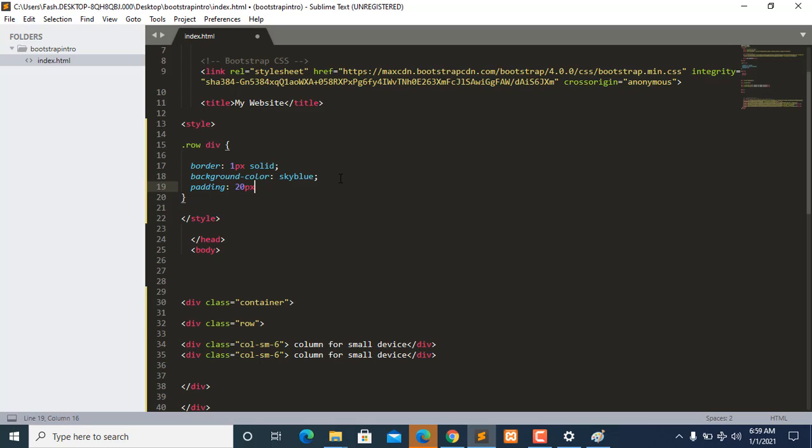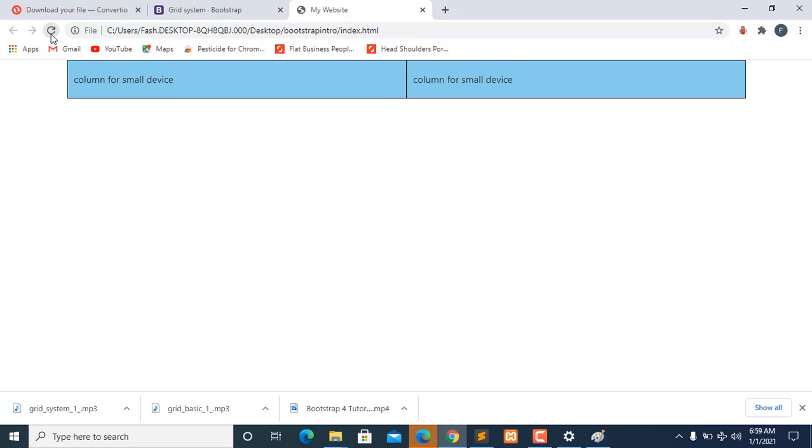Let me say top and bottom to be 20 pixels, and let's check it out. Top and bottom to be 20 pixels, and left and right should be 10 pixels. Okay, so Control S. Don't mind me, my keyboard is acting funny. All right, you can see top and bottom 20 pixels, left and right,